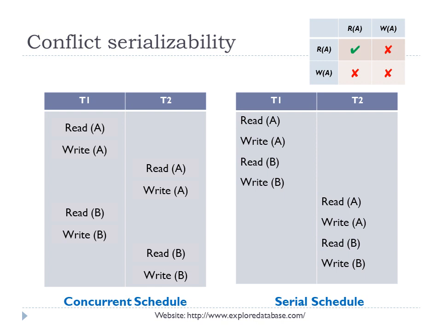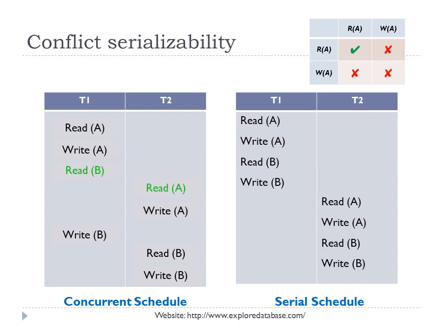Now, let us take the instruction in the concurrent schedule, write A of T1 and read A of T2. These two are said to be conflicting instructions because they both are trying to work on the same data item in a conflicting way. We cannot swap write A with read A in the order of time. What else can be done? Can we swap the write A of T2 with read B of T1? Yes. And read A of T2 with read B of T1?